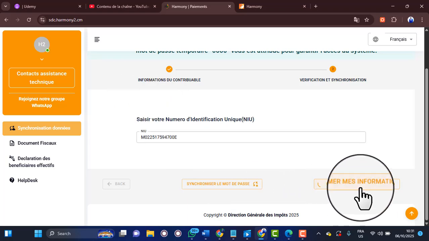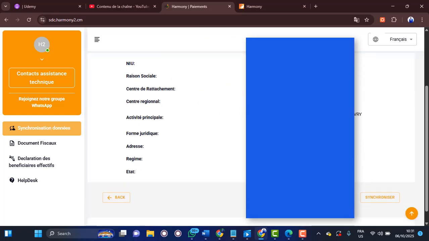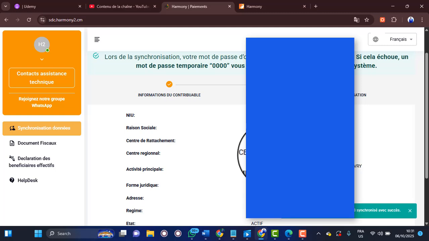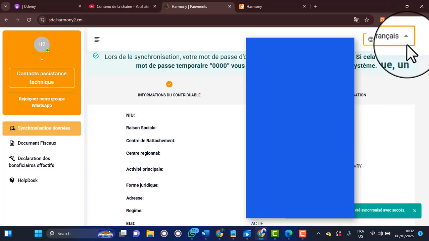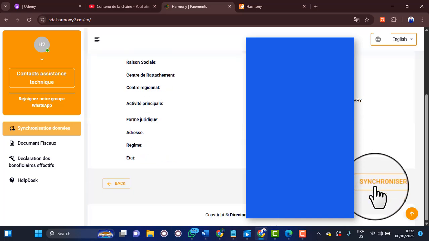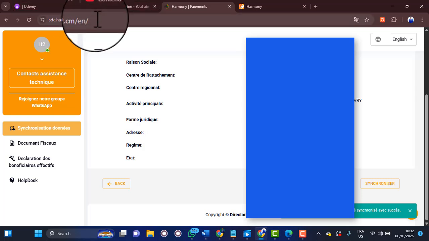Then you take confirm example, so you confirm your information, the information of the company in question, then you take synchronize. So when you take synchronize, you see here your information has been synchronized. I can change this to English if you want. The information has been synchronized and everything is good. So once you synchronize the information on this platform,